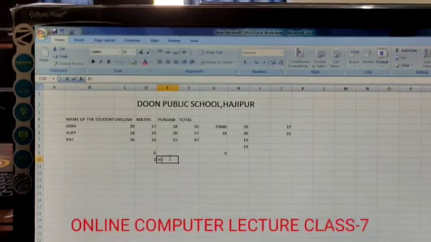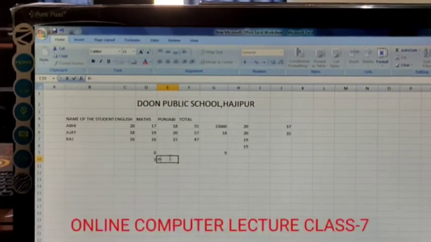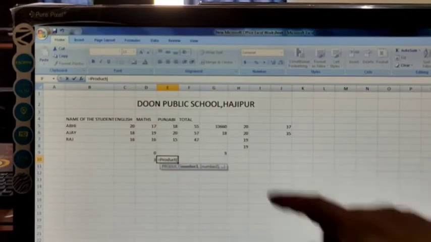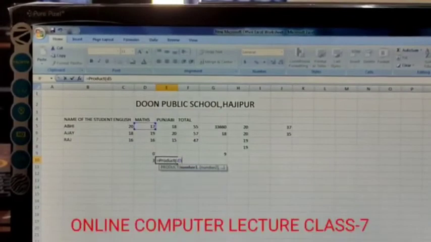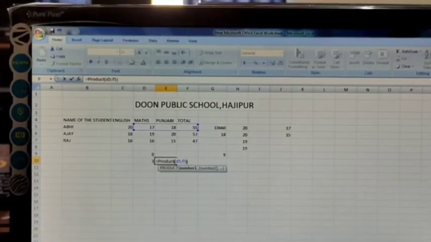Next is product. If I want to do the multiplication of a particular range, equal to product, bracket start, D5 to F5.